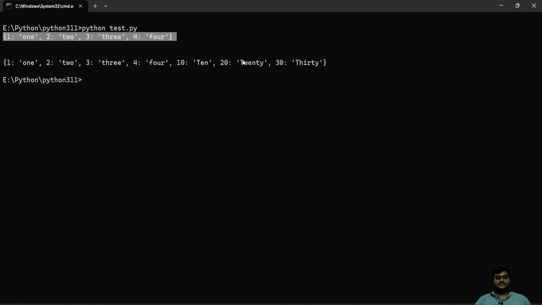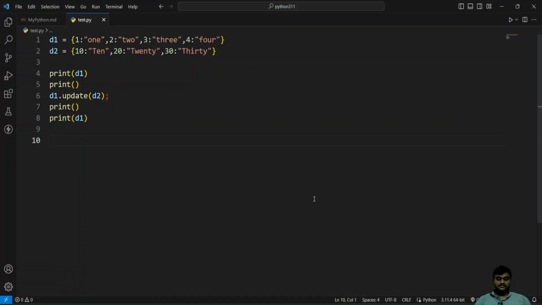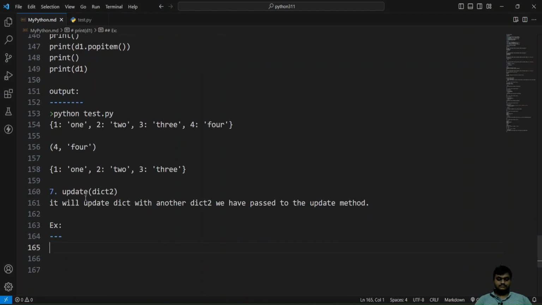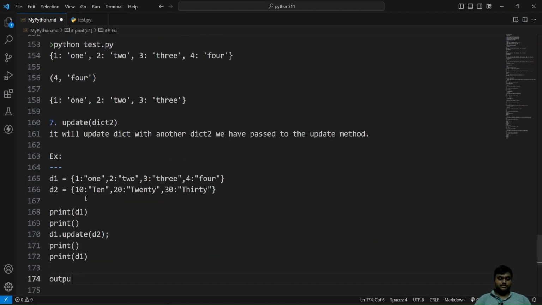After 4, the 10, 20, 30 elements are added. Output is